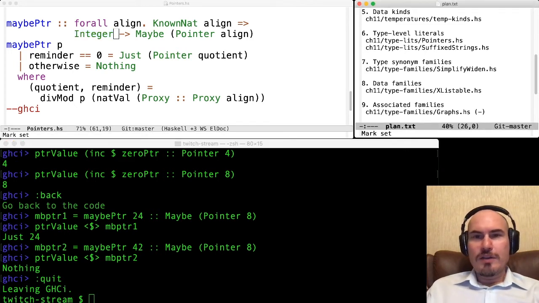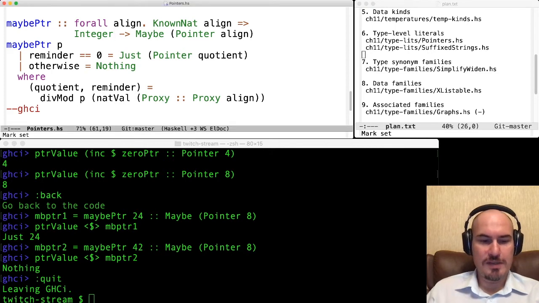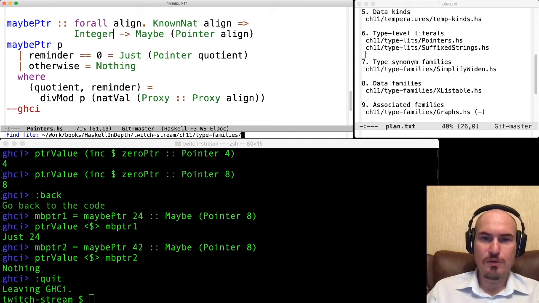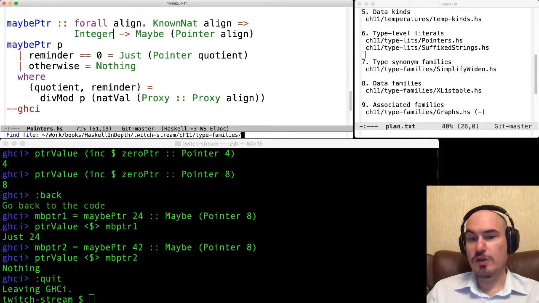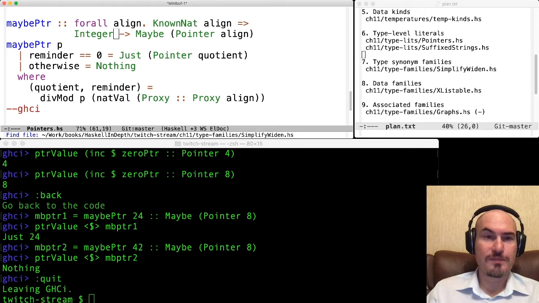Okay. So type level literals, I will skip, I don't have enough time, so I will skip to another example about strings, and I'll go straight to the type families. Type families, or actually type synonym type families.